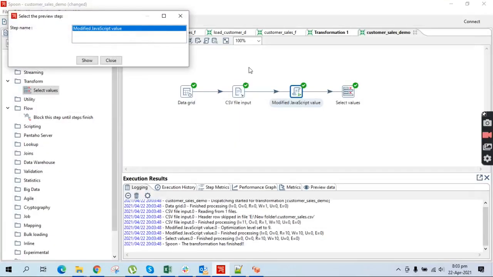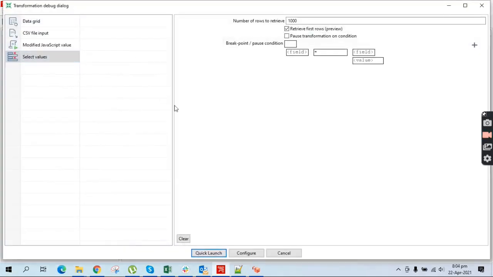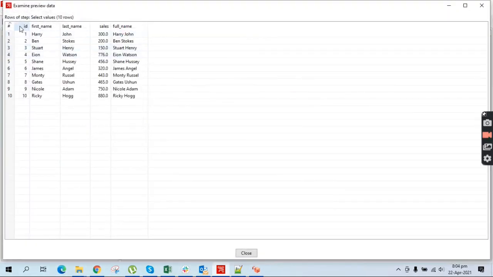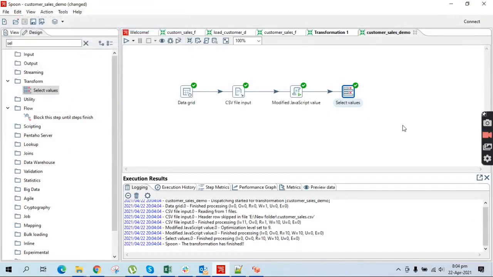But when we changed the data type of these variables, now the ID is integer and the sales is number. So we are done. Now we have to save this data into the database.